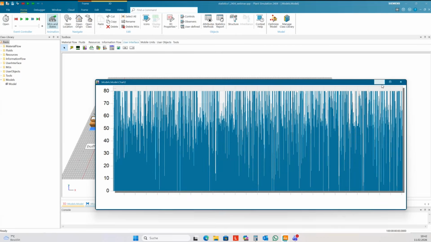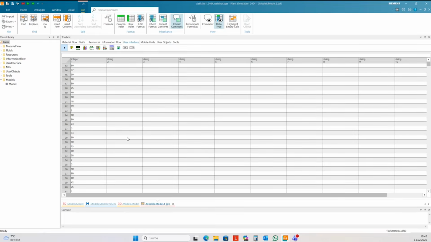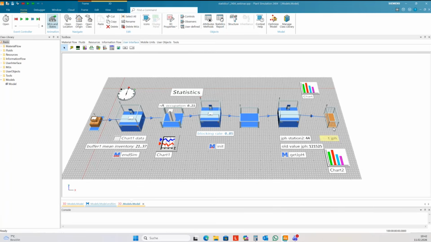So it's very important to know what peaks I have in my jobs per hour. This is sometimes very hard to explain, why you need 80 jobs per hour when the complete line should deliver 50 jobs per hour.